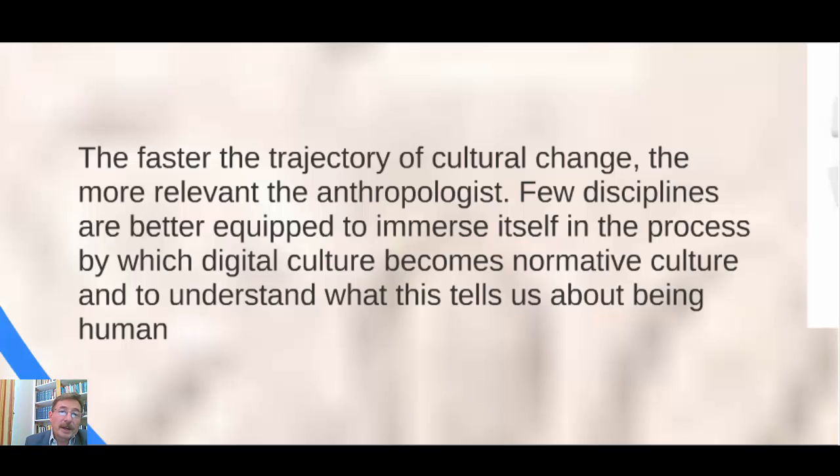Few disciplines seem to be better equipped to actually immerse themselves in the process by which a digital culture becomes a normative culture. That is, a world that is foreign and strange becomes our norm. Think of Google Maps. Google Maps is a fairly recent invention.